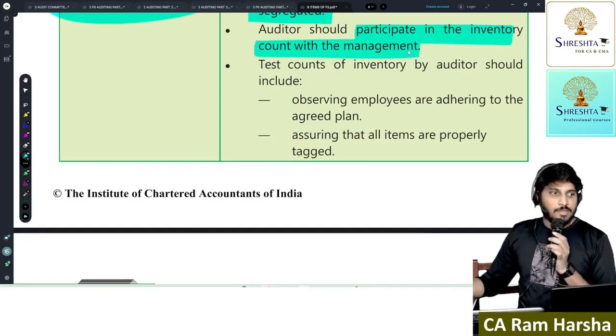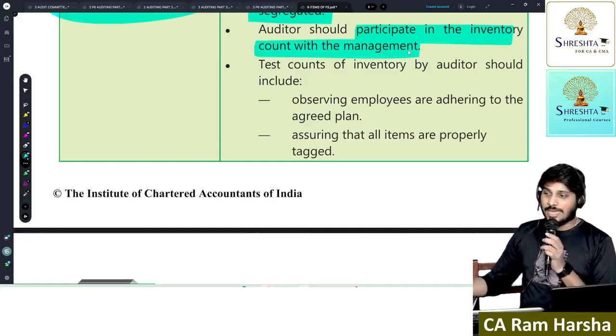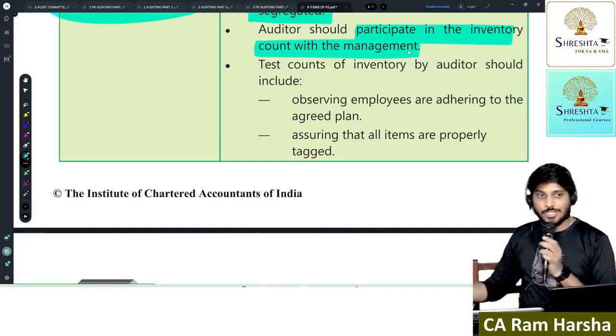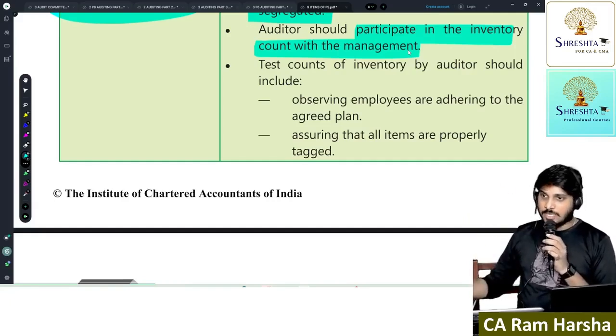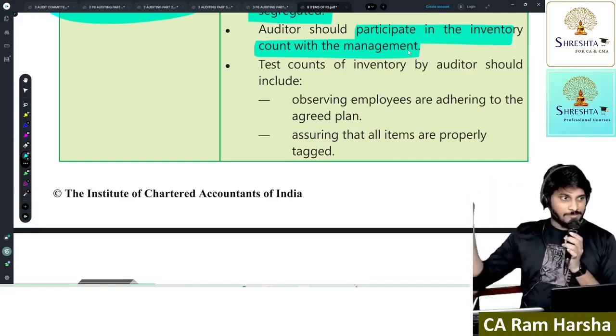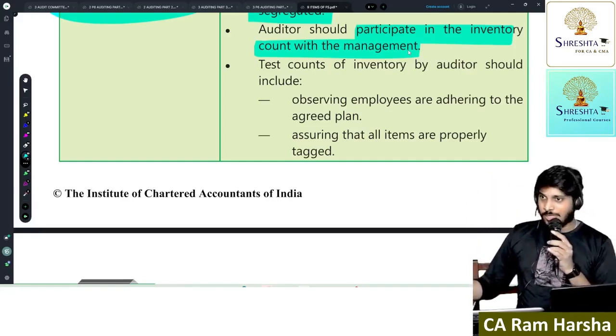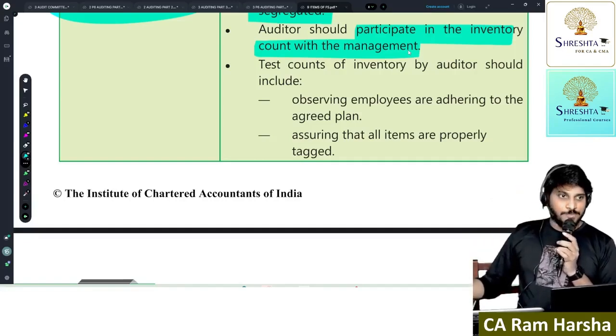SA 501 deals only with regard to existence and condition, not valuation. Understood or not? This is a question asked in case-based MCQ.